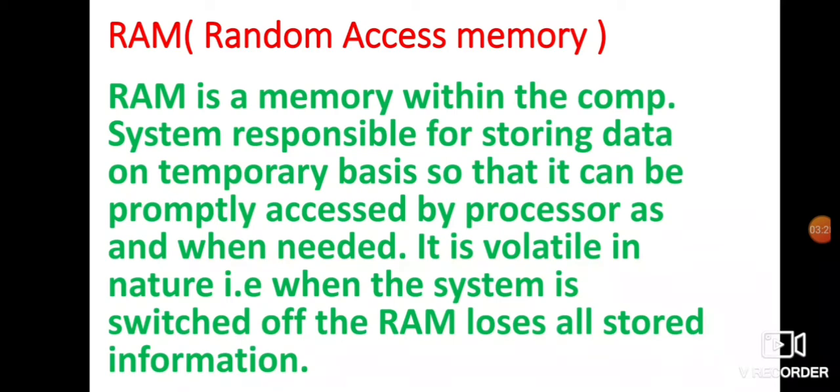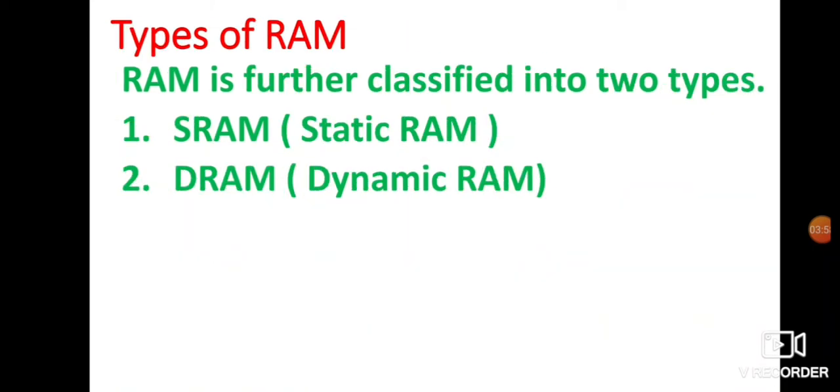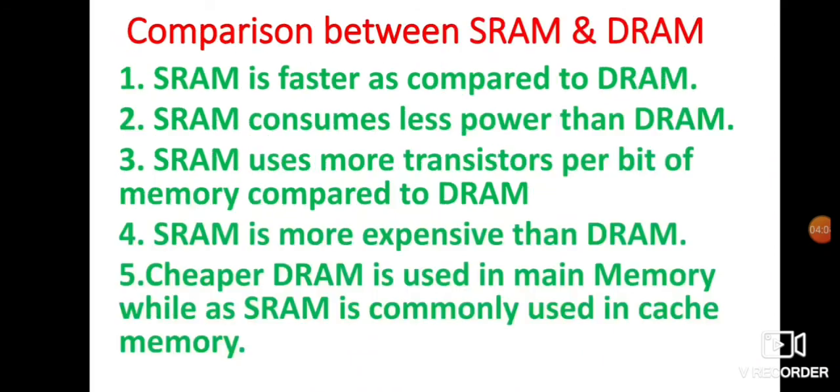When we switch off our mobile devices, the RAM goes to zero. The contents of RAM are erased. Similarly, when our computer system is powered off, the contents of RAM are lost. So RAM is used for the continuous working of the system. RAM stores memory on a temporary basis whose contents can be promptly accessed by the processor of the system. RAM is further classified into two types: SRAM, static RAM, and DRAM, dynamic RAM. Now we will understand SRAM and DRAM in terms of their comparison.